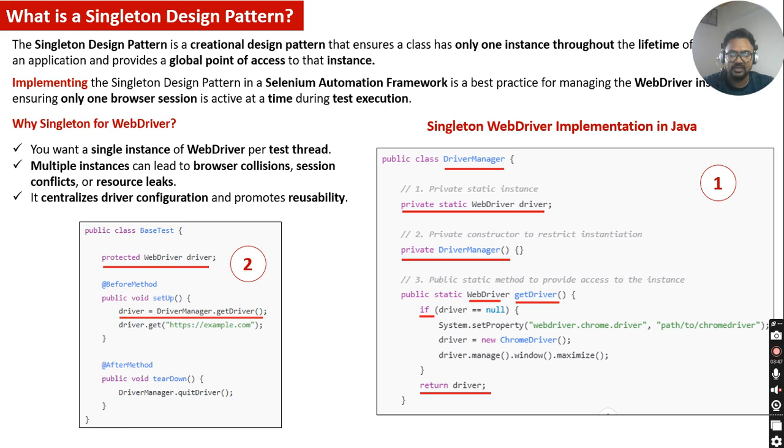So if this is asked in your interview, explain it that way. We use it in WebDriver instance creation to have a single instance for one browser at a time, to avoid browser collisions, session conflicts, and resource